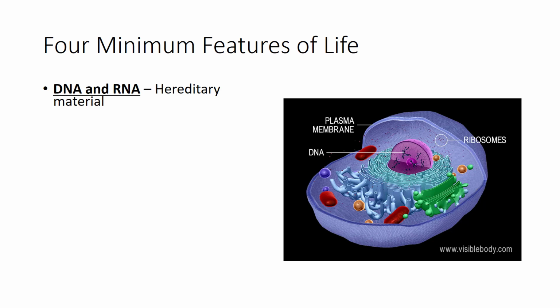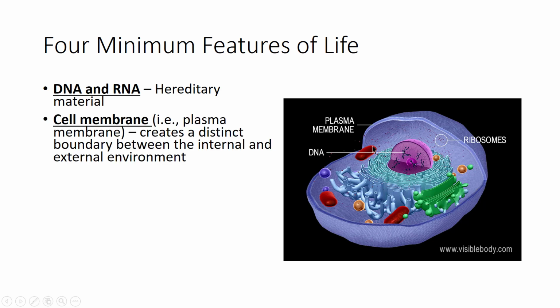I mentioned hereditary information as being one of the characteristics of life. DNA and RNA both constitute this hereditary information. We often think more about DNA, and that's the one listed here in this figure, but technically that includes both. The cell membrane, more technically referred to as the plasma membrane, depending on who you're talking to, is the distinct boundary of a cell. A cell is essentially a unit that is segregated from the rest of its environment by this membrane. We will have a separate lecture on that in part 1 of chapter 5, where we'll go more into the characteristics of the cell membrane.